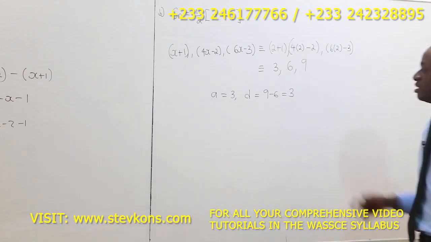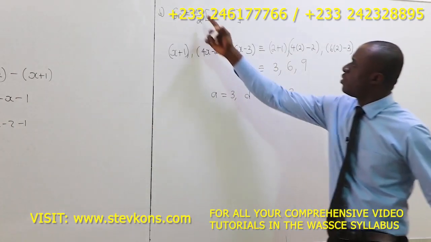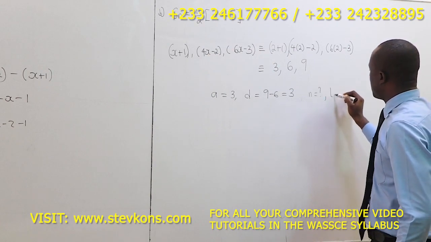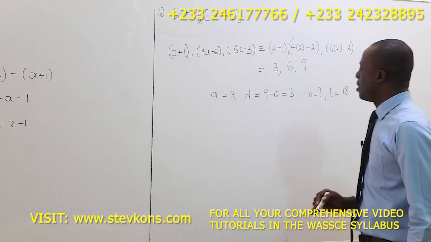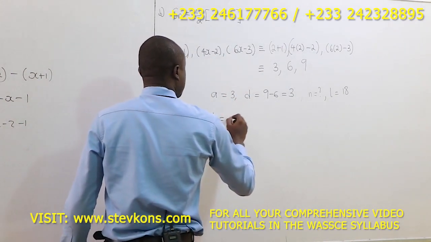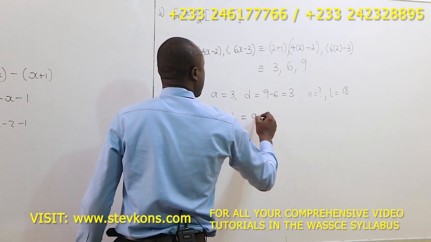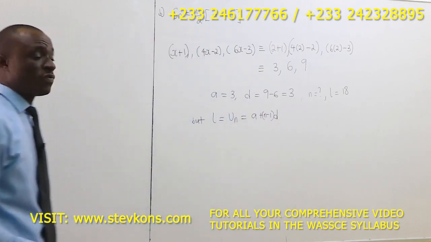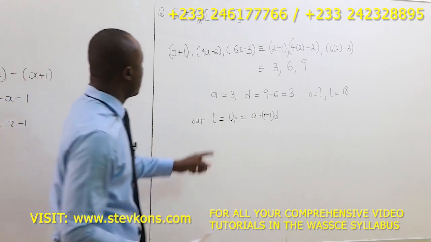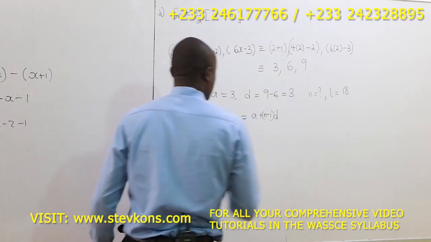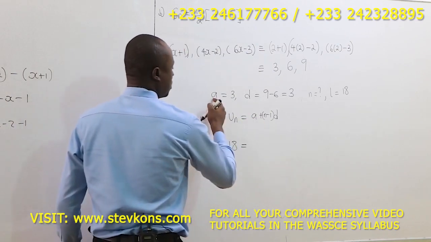So a is 3, d is 3. Do you know n? No, we don't know n. We have to find our n. But our last term is given to be 18. The last term is the same as the nth term, which is a plus n minus 1 d. So from here we can find our n. What is the last term? We're given that l is 18. So you have 18 equal to a, what is a? a is 3,